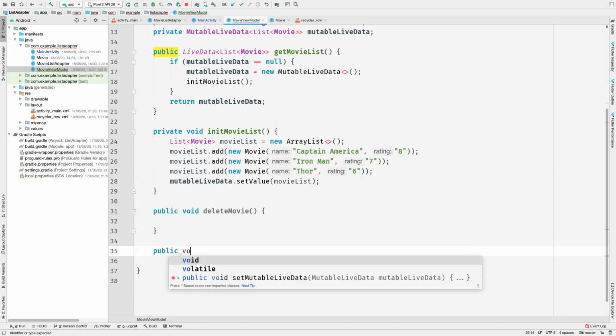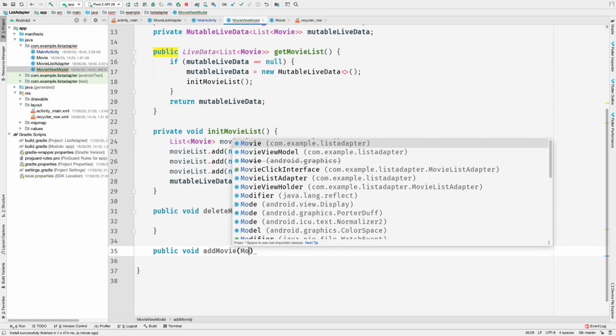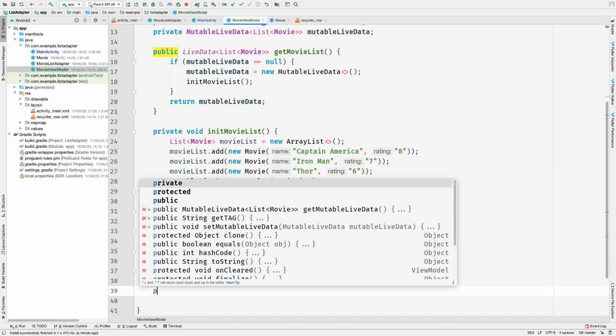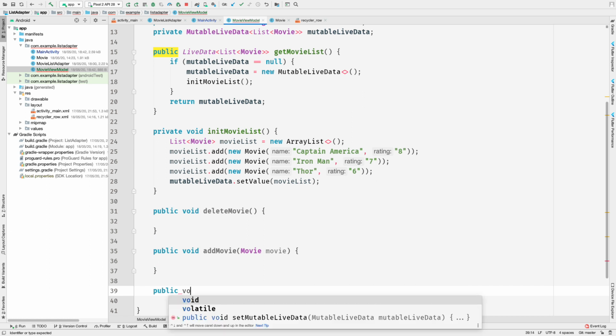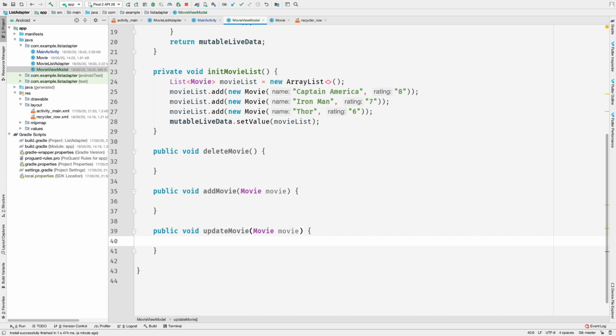So public void add movie, and here this takes in a movie, and then public void update movie, and here we can pass in the movie like this, and that's all. We have to fill in these methods, so we'll do it bit by bit.